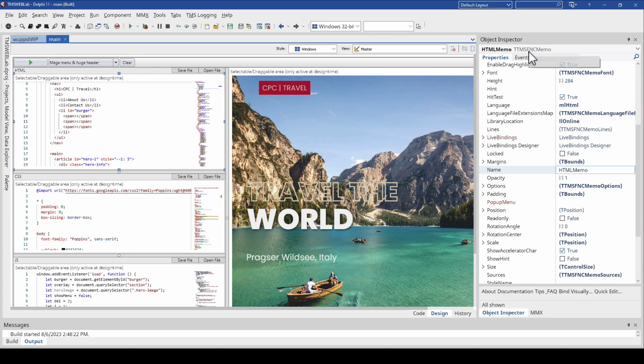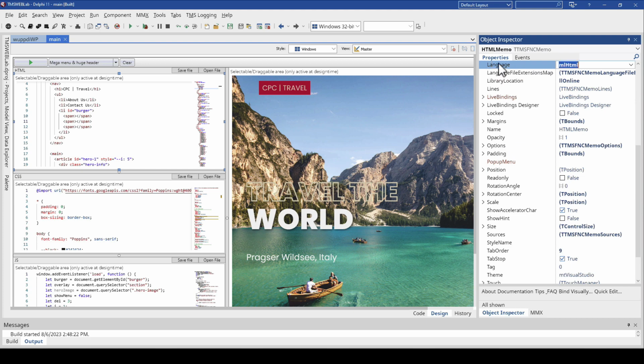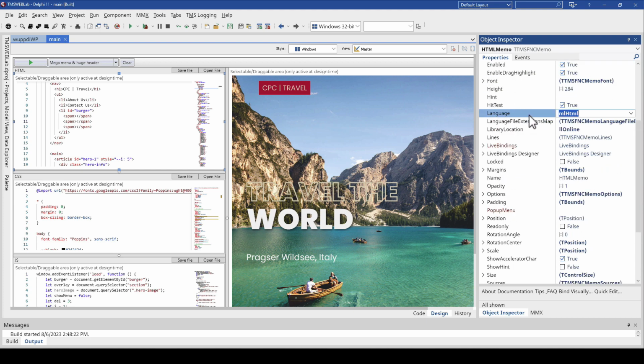And as you can see, it's an FNC memo, and FNC memos have a special property called language. If I find it, let me go to language right here. And there you can configure what kind of language you want to not only display or edit, but you also get full-blown syntax highlighting as well as code completion depending on the language.